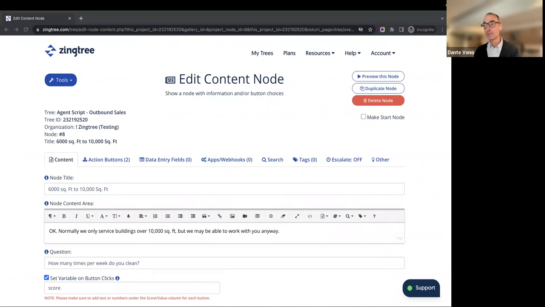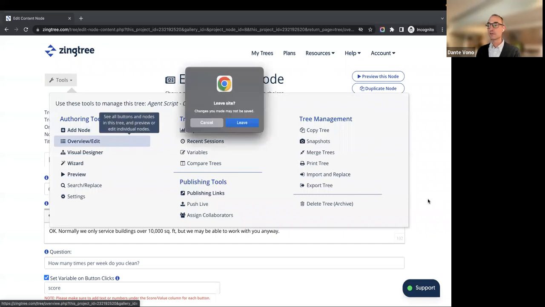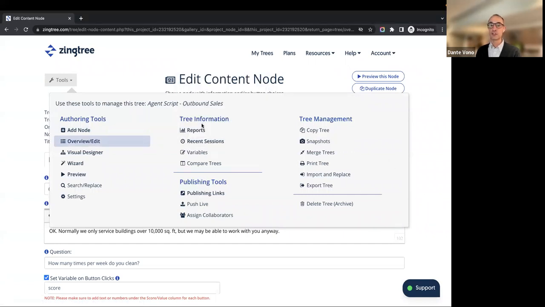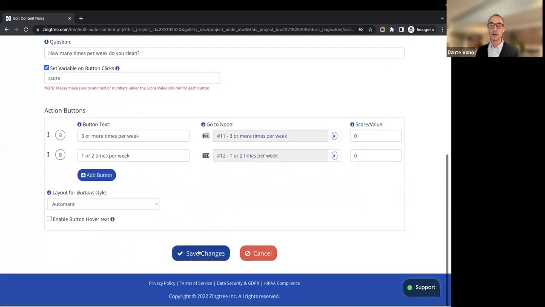Okay, well, I'm going to check my list here for the next thing that I need to do, and that's to go back to the list of nodes. And now here's a place where I've forgotten to make my change. Maybe you noticed before I didn't hit save.